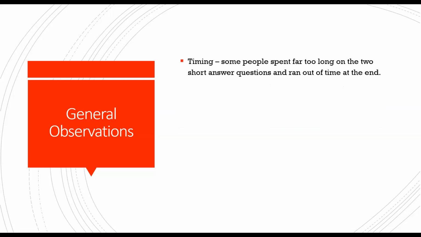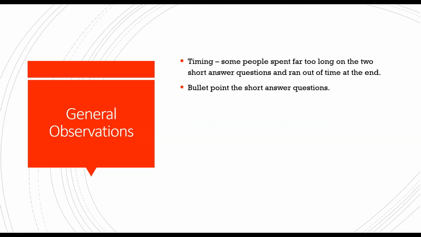First of all, I'd say the biggest issue was timing. Some people spent far too long on the two short answer questions at the beginning of the exam, which only carried 4 marks and 6 marks, and then completely ran out of time at the end of the mock and didn't write enough for the 20-mark methods in context essay or the research methods 10-marker at the end of the exam. I know there's a temptation on those short answer questions to write everything you know about that topic, but only 2 marks are available per bullet point, and so there really is no point in writing long paragraphs.